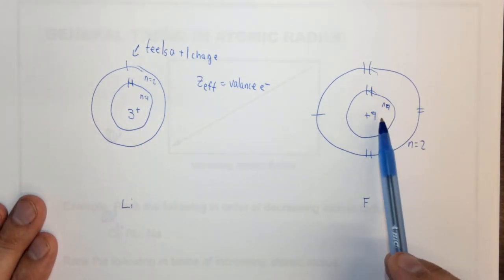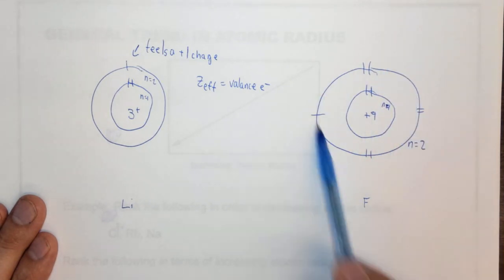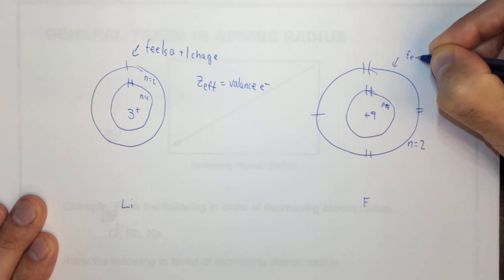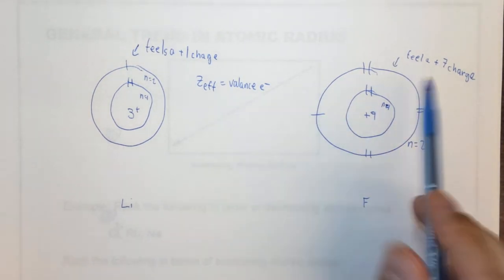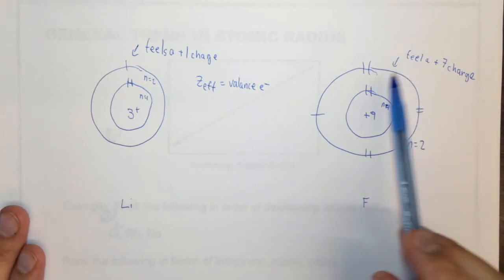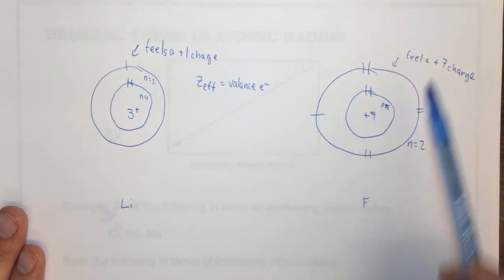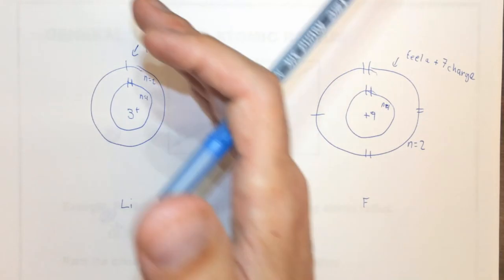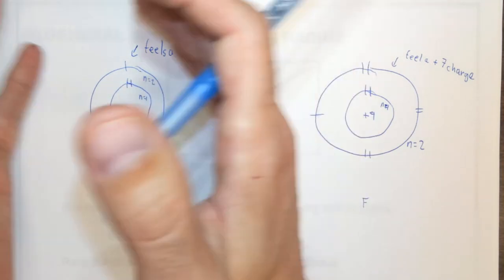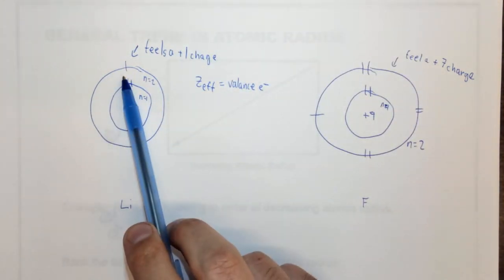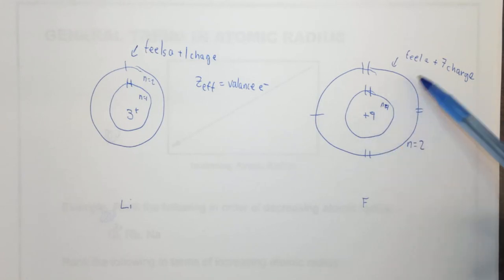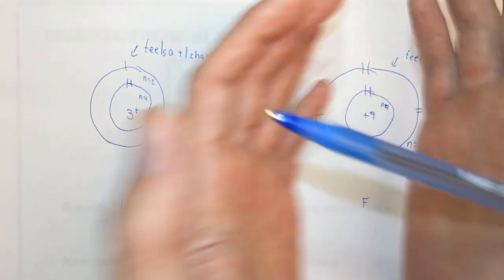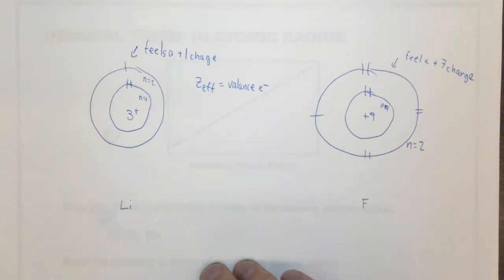Let's look over here. Well, here you have these 2 electrons shielding 2 of these protons. So these outer electrons feel a plus 7 charge, or Z effective is plus 7, which is equal to the number of valence electrons for the main group elements. So the idea is basically here, these electrons are feeling a plus 7 charge, so they can be pulled in more than these electrons that are only feeling a plus 1 charge. This electron has more freedom because it only feels a plus 1 charge. Since opposites attract, the greater the positive charge, the more it can pull in that electron density. And that is basically what we have going on here, which leads us to a trend on the periodic table,